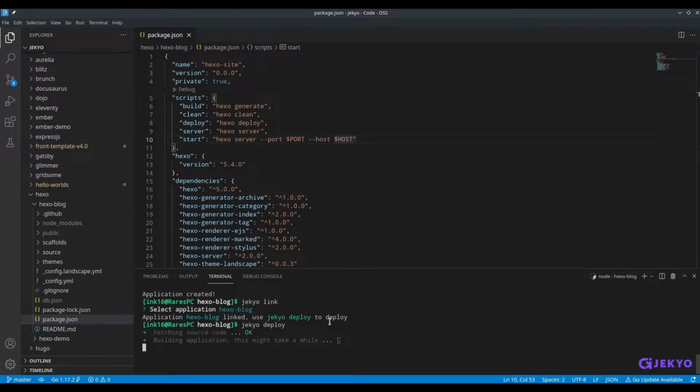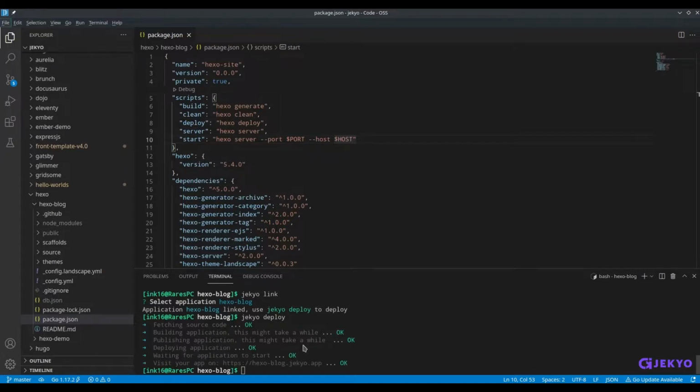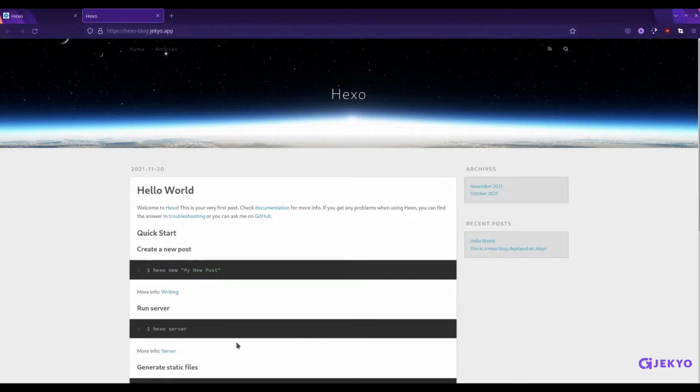The deployment process can take a few seconds or a couple of minutes depending on the app. Now the app is deployed and we can follow this link to see it live. If you need to push some local changes to update your blog, add the modified files to the git index by running git add, commit your changes and simply run jekyo deploy again. You will see your changes live in a few moments